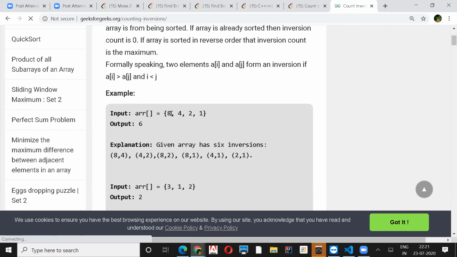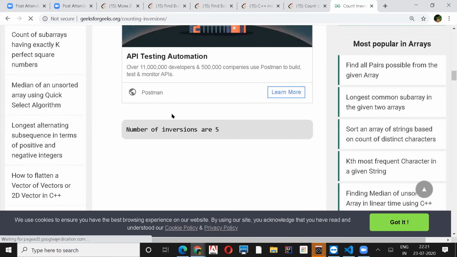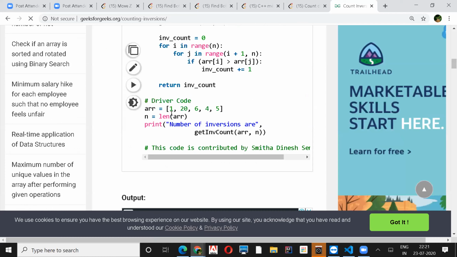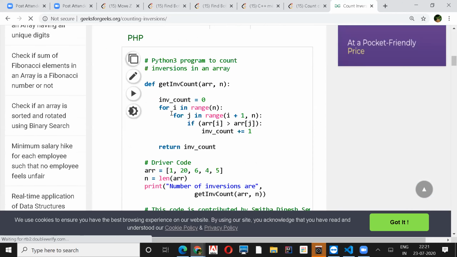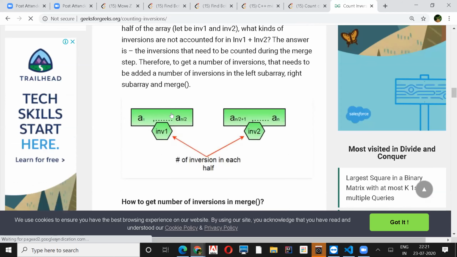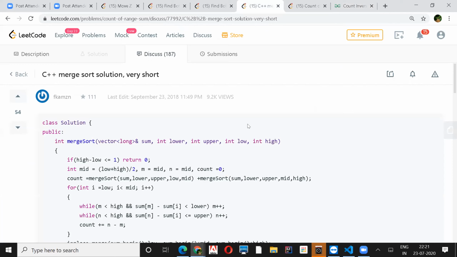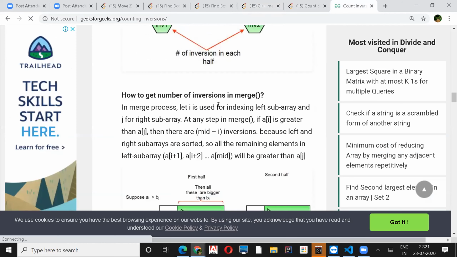But how it is similar, I don't know. They have mixed in some approach. I have seen it, but I'm not getting that approach.